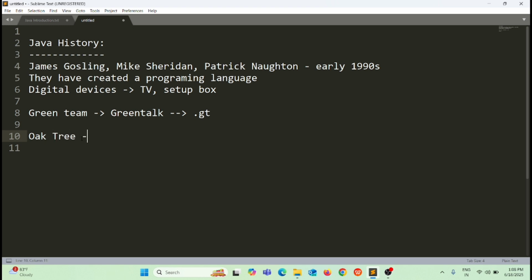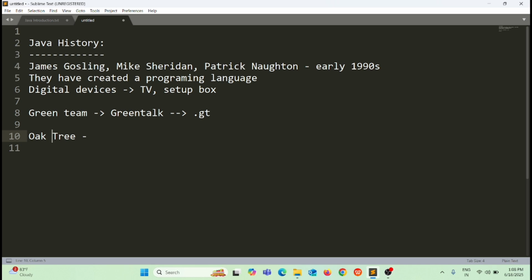This tree is the national tree in Germany, France, Romania, and the USA. So basically the name Oak was used by Gosling after seeing an oak tree outside of his office.